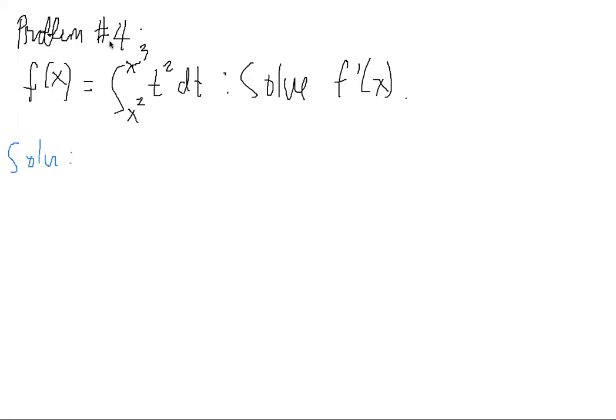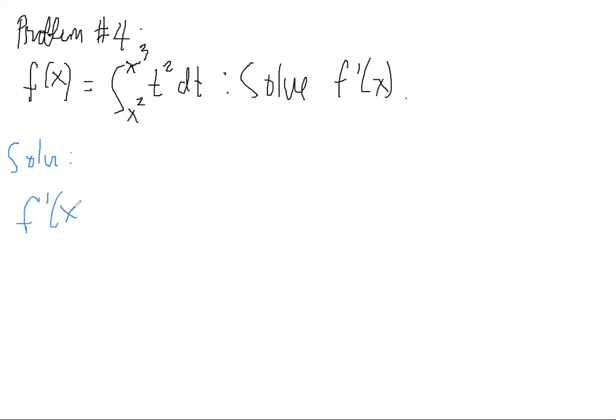In problem number 4, with the application of the first fundamental theorem of calculus, f of x is equal to the integral of t squared with respect to t from x squared to x cubed, and we need to solve for the derivative of f of x. So here, using the first fundamental theorem of calculus, we have